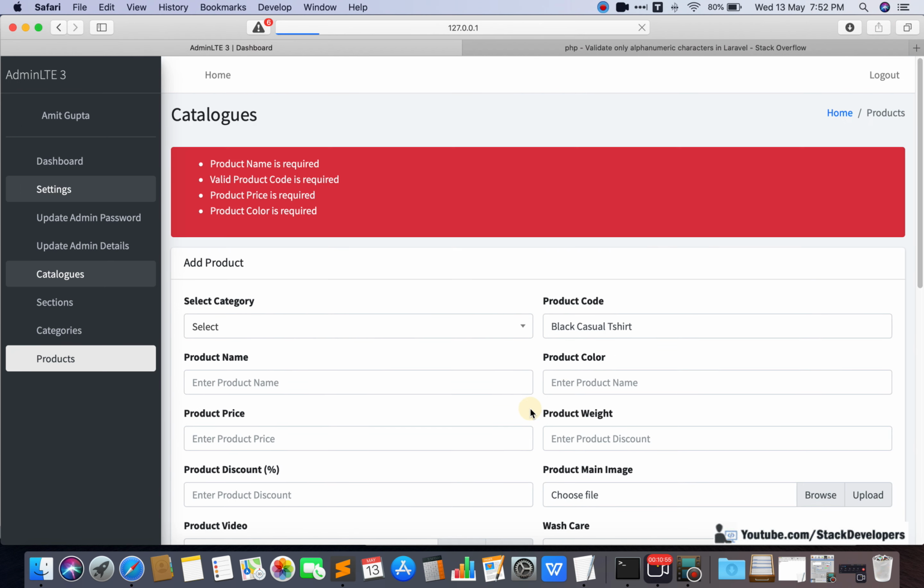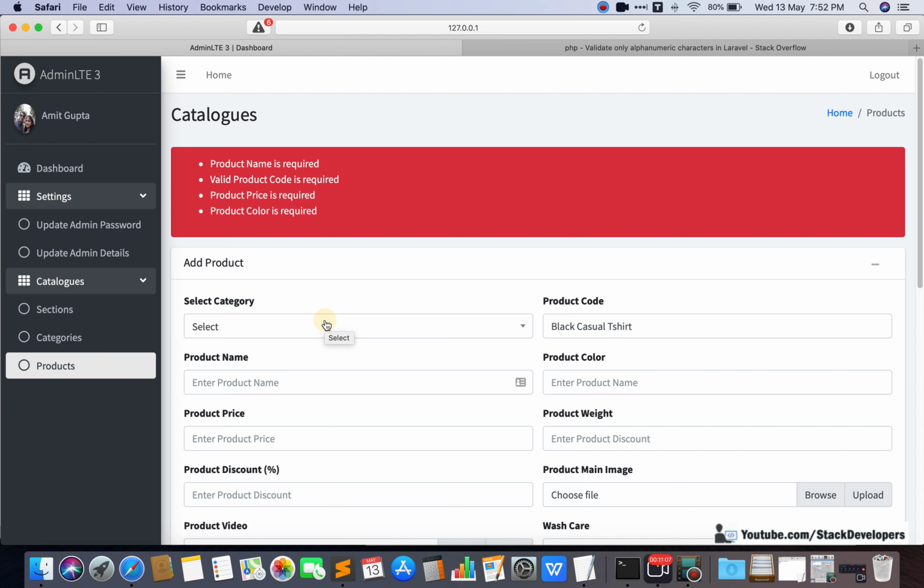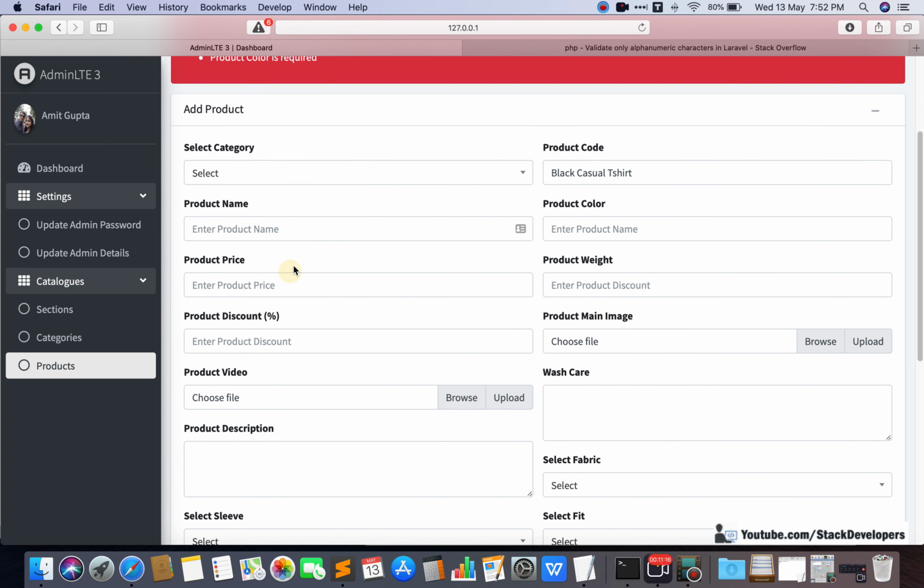You can see the data is here, but the category is not here, but that must be here too, because we must give the privilege to our admin, to our client, that if he fills all the data and one mandatory field is missing, he comes back with the error message but his data must be filled. Otherwise he needs to write all the data again, which will waste his time.